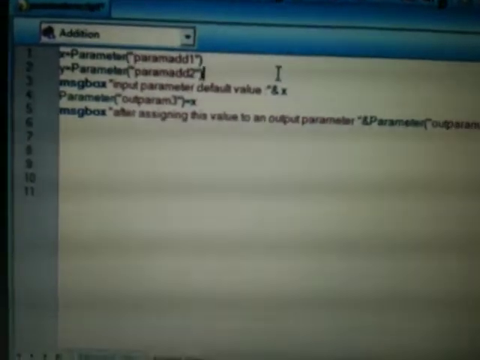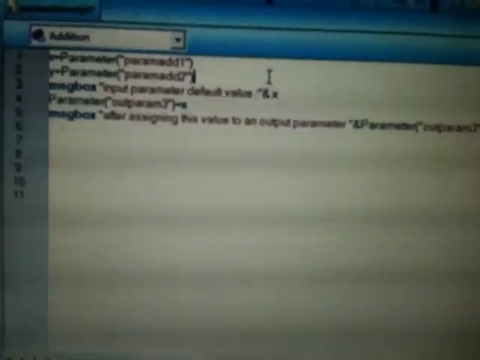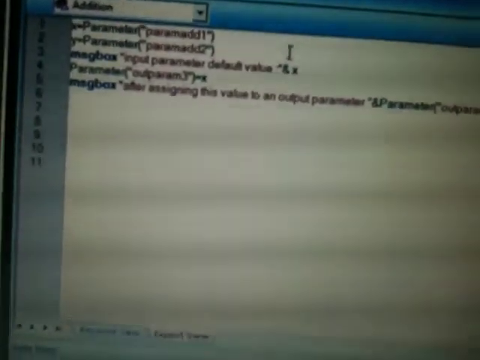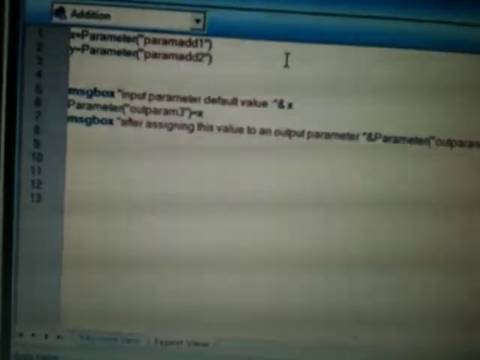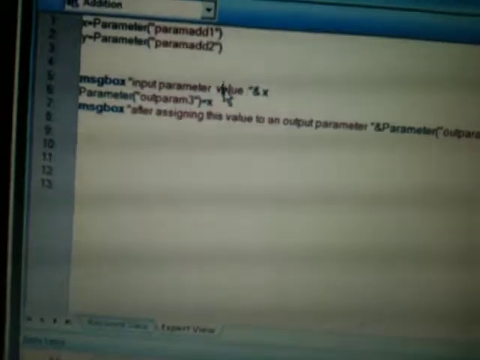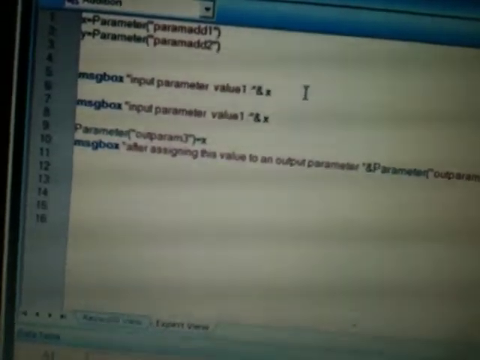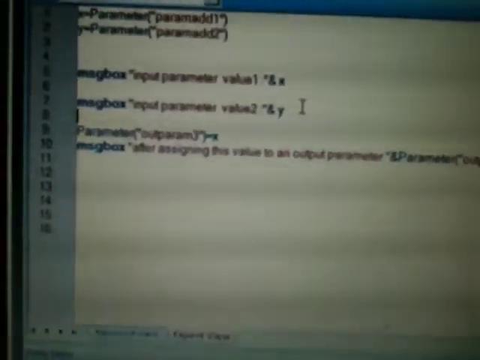X is equal to parameter of param add 1, y is equal to parameter of param add 2. And message box input parameter value 1. So I want to bring these parameter values and show them. There are 2 values, first value is something, second value will be something.